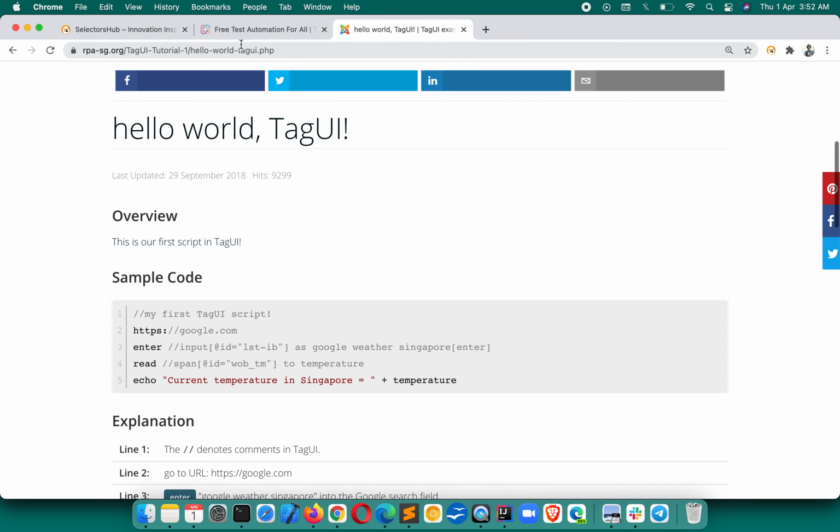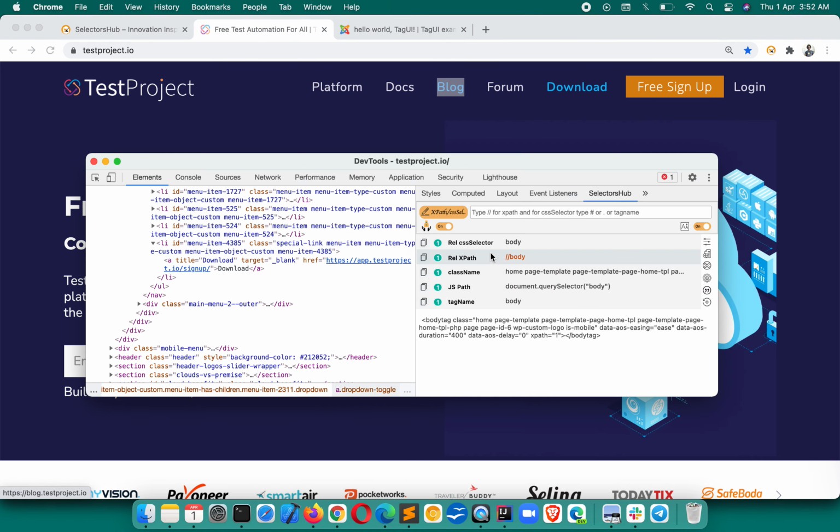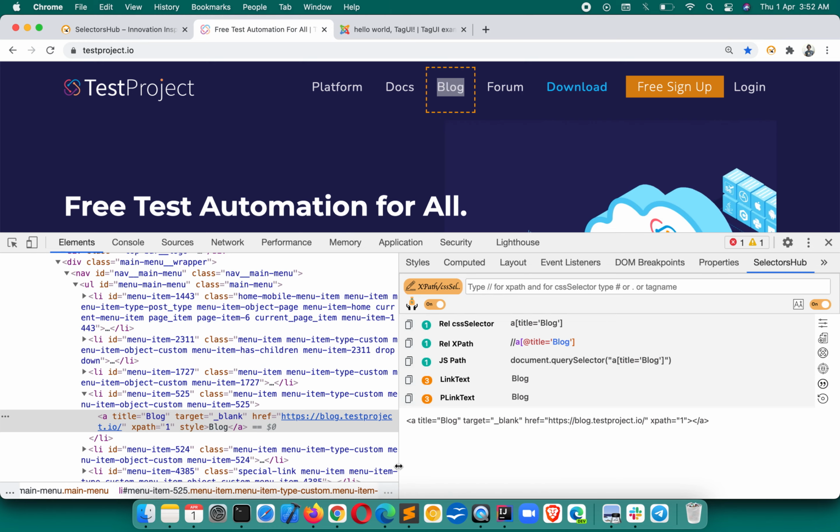So suppose, for example, we have to write an XPath or some CSS selector for any element here. By default, let me just zoom in. By default, if you notice here, it generates with single quote, but this will not be supported there, and we want double quote. So how can we do that? There is a button. You just have to simply click on this, and now it will be generated with double quotes. This is converted into double quotes. Now if you inspect any element, you will find that it is generating with double quotes.